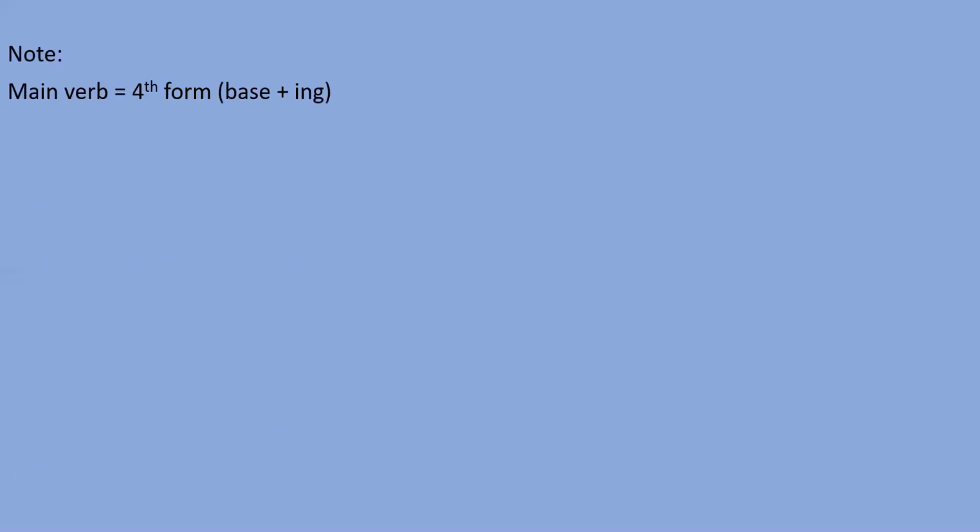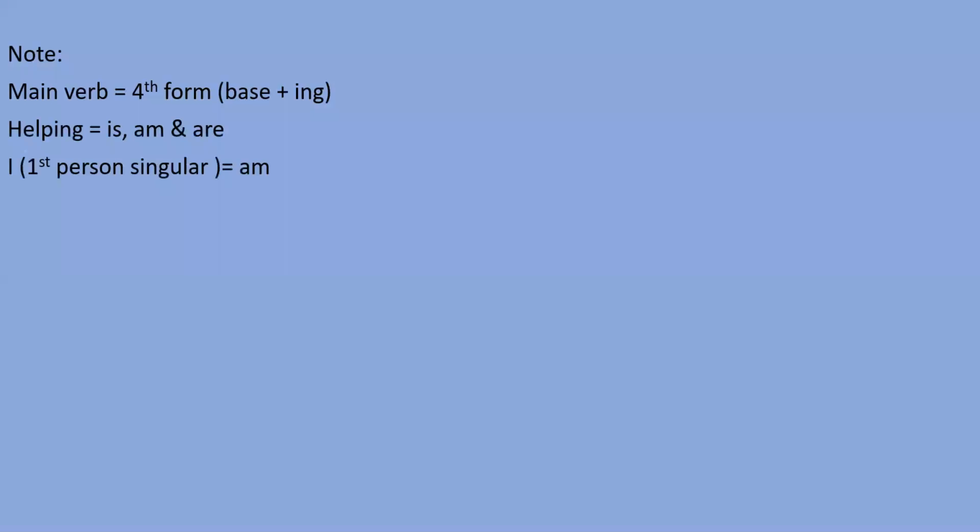Now, dear students, we have to understand the main verb. There is only one form, the fourth form, that we have to use. There are no options. So whatever our subject is, come what may, we have to use the fourth form with all types of subjects. Helping verb: we have three helping verbs, is, am, are. So now we have to understand according to what we should use is, and according to what we should use am or are. Okay. So it's a simple rule.